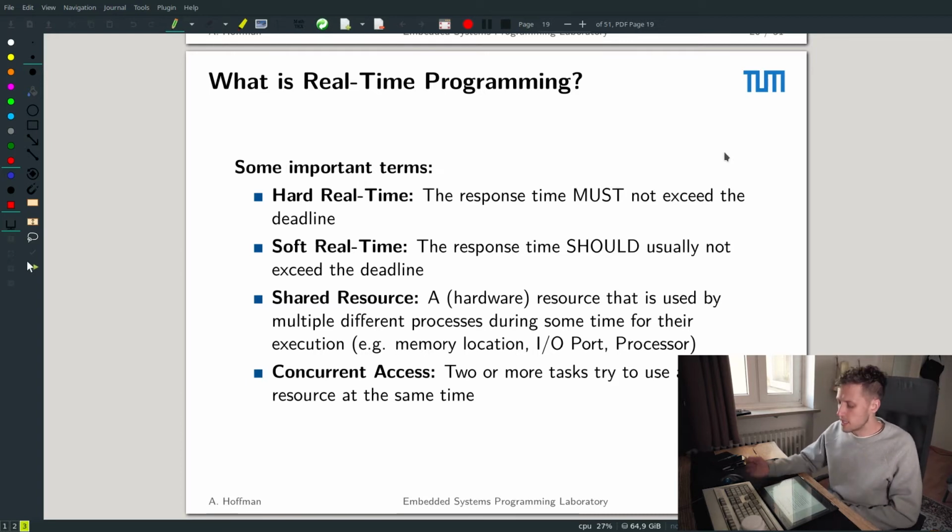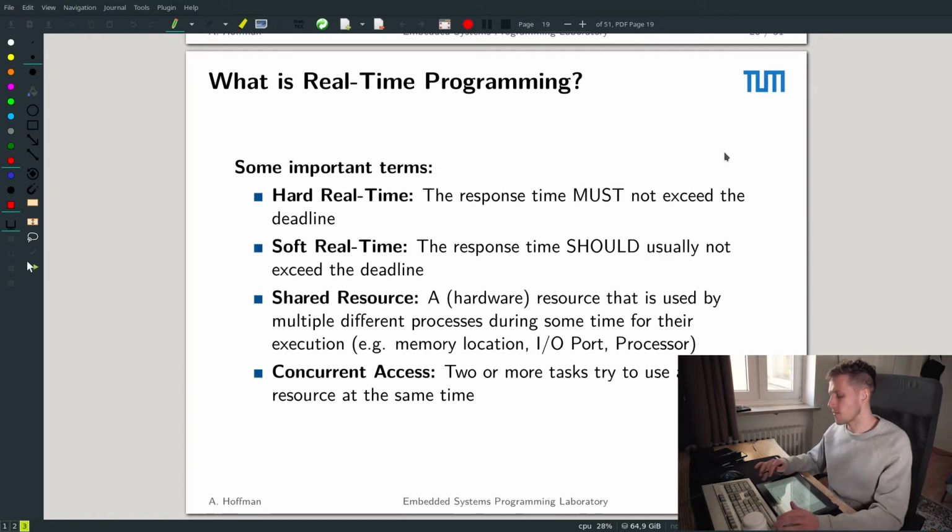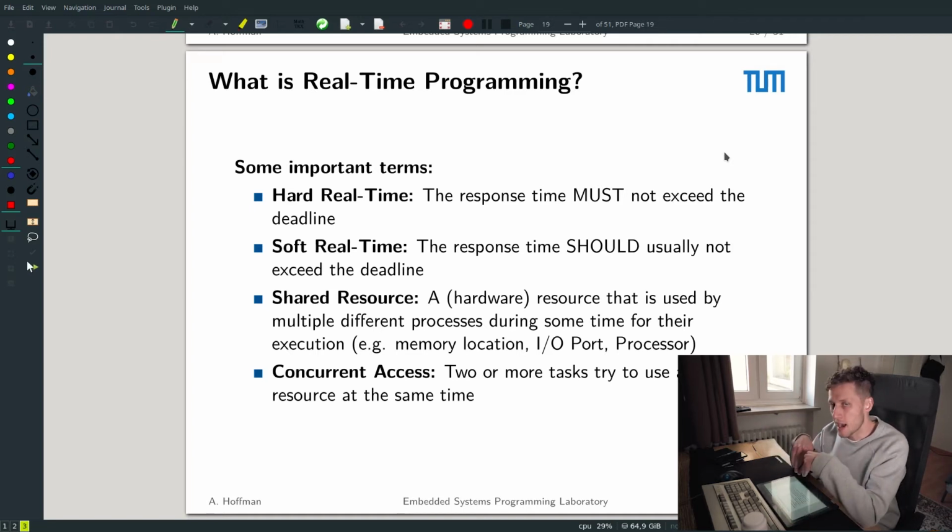Shared resources. This is somewhat of a real-time programming word, but it belongs just as much to multi-threaded programming, in that if you have memory or an IO port and multiple tasks that are accessing it, the resource itself, like the memory, has to be shared between the tasks in a way that's safe, but also in a way that makes sure the data isn't invalid, like you're not serving old data,